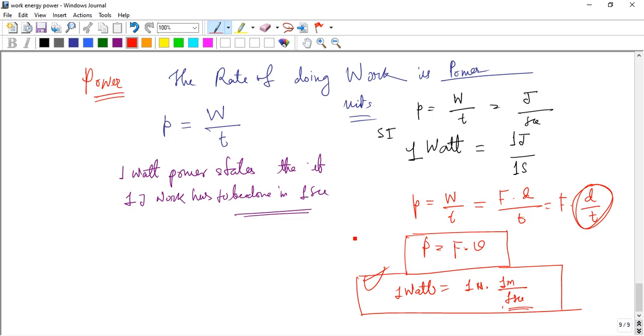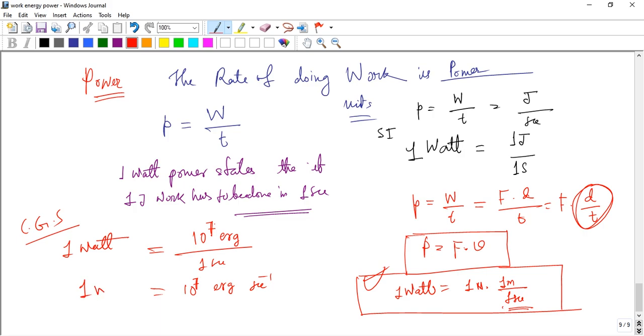So now comes the CGS unit. Let us discuss. Here, 1 watt in terms of CGS is also equal to 1 joule, which we know previously is 10 to the power 7 erg per 1 second, that is 10 to the 7 erg second to the minus 1, also called 1 watt. Another important unit of power is